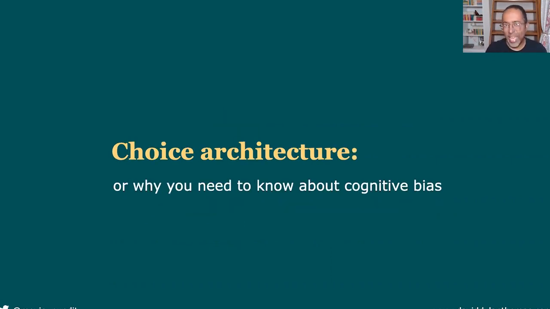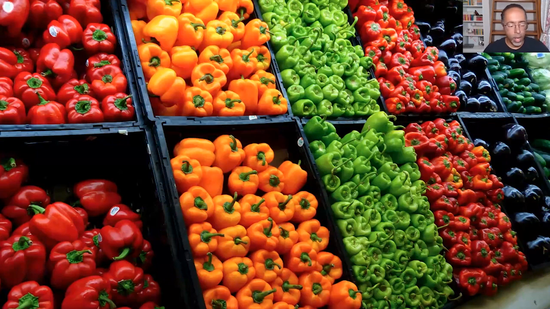Now, the reason we need to care about bias is something called choice architecture. And you can see it play out if you ever go buy produce. The common wisdom is you never pick from the top of the barrel, because that is where the grocer is going to put the product they're most trying to get rid of, right? The oldest product. They have architected that situation to benefit themselves. Now, they could just as easily architect it to benefit the customer by putting the freshest produce where it's easiest to reach. But either way that they architect that experience affects the decisions you make in that experience.